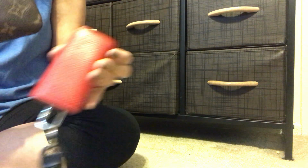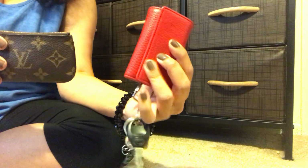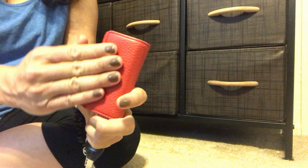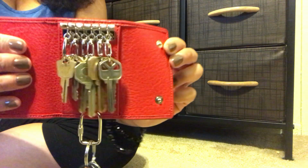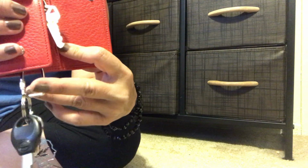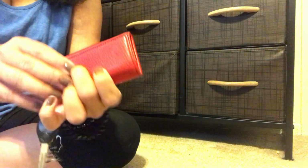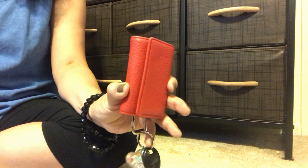And so this 6-ring key pouch from Leatherology is a more affordable alternative at $50 to this key pouch. And again, the leather is so beautiful and it's such good quality, especially for the price point, and your keys are so organized. And there's also this removable clasp down here. So if you're in the market for a key pouch that you'd like to use for your keys, or you're in the market for a 6-ring key holder from Louis Vuitton, then this is a good item to order,